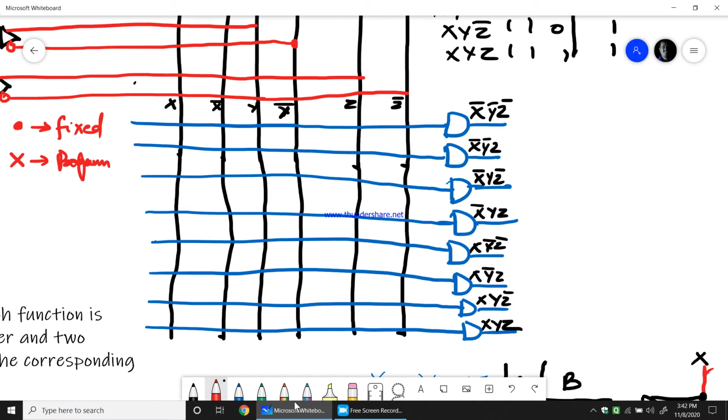Now I need x bar, y bar, z bar. The AND gates are fixed here in the programmable read-only memory.